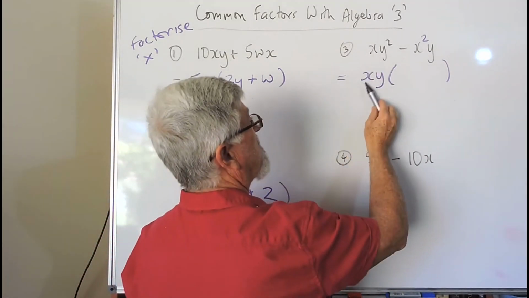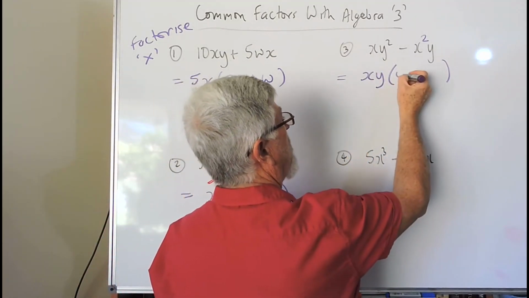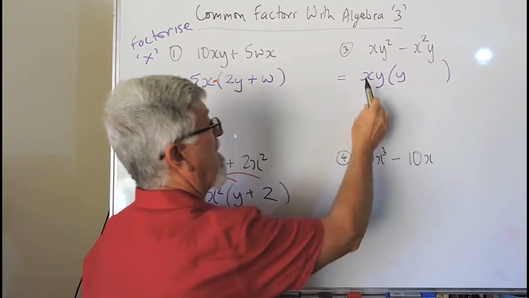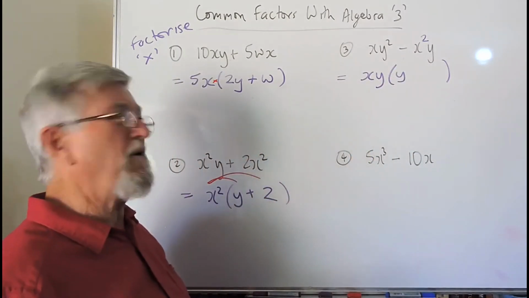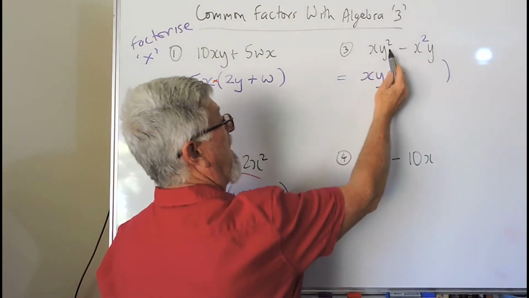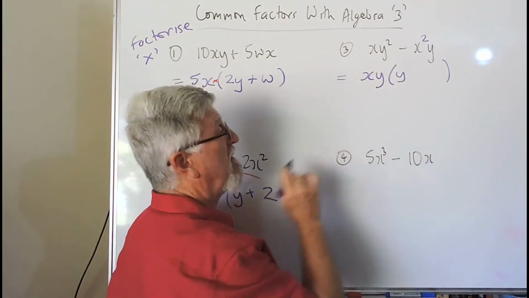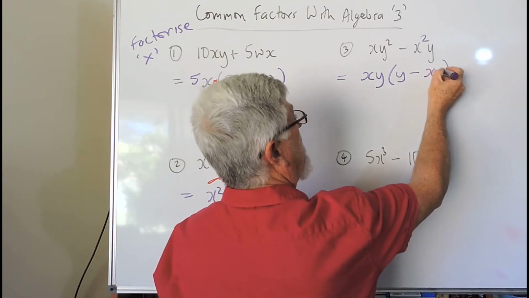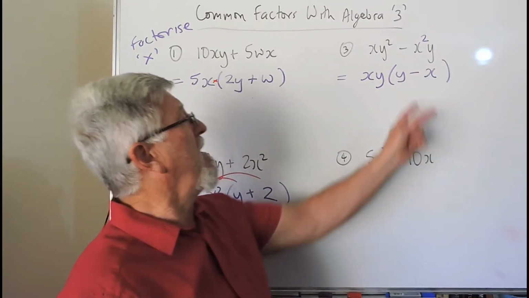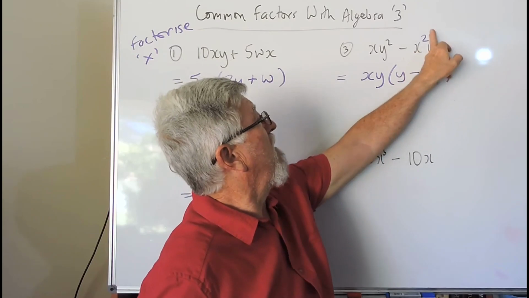So we've got the x, we've got one of the y's, and we left the one there. So I could say xy times what is xy squared. Probably at this stage I prefer to go, I've got my x, I've got my y, there's one left over. Then I have my subtraction. I've got one of my x's, I need the other x, and the y's gone. So if you look at this pair here, there's the x and the y, and one of the x's is